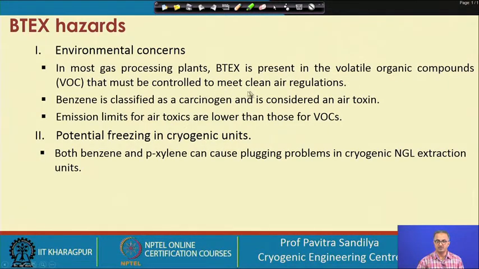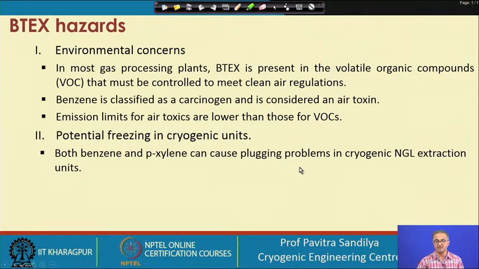volatile organic compounds. So if they go into the air, that will cause many problems, and benzene is considered to be carcinogenic, that means it can cause cancer, and it is also considered to be toxic to the air, and the emission limits for the air toxics are lower than that for the volatile organic compounds. So that is why these BTEX have to be removed. They are more lethal than the volatile organic compounds, and these BTEX can also get frozen in the cryogenic plants,